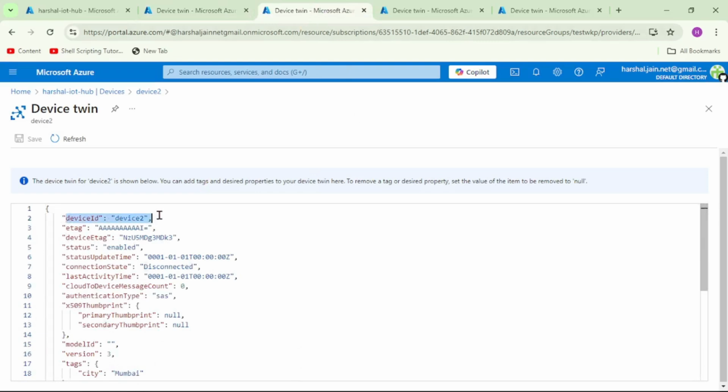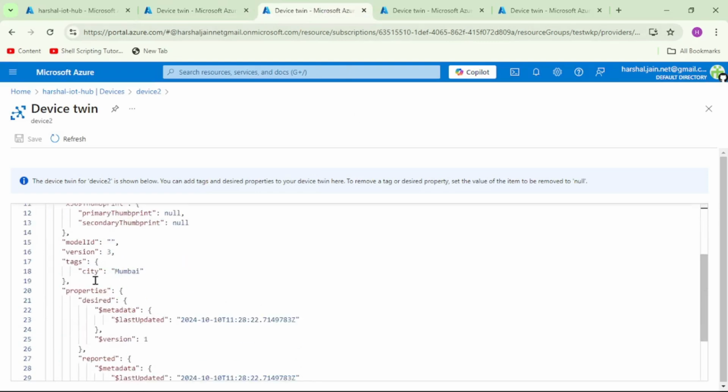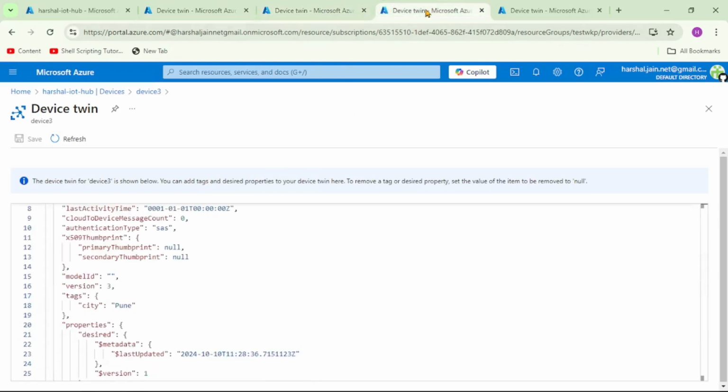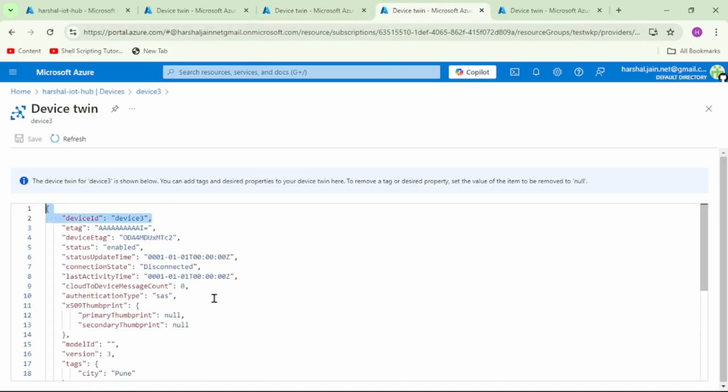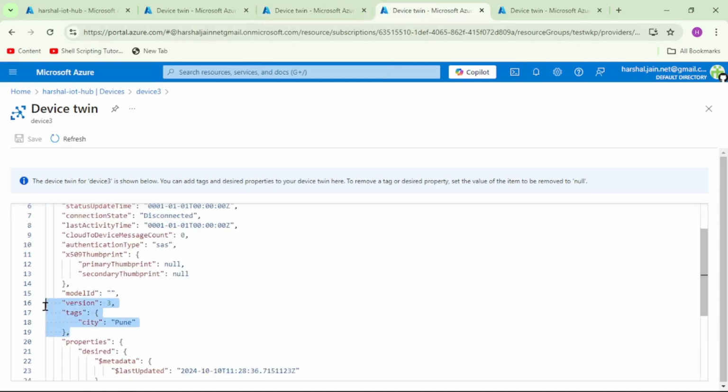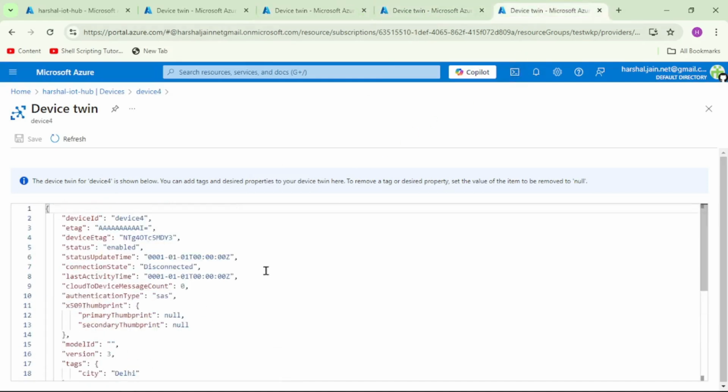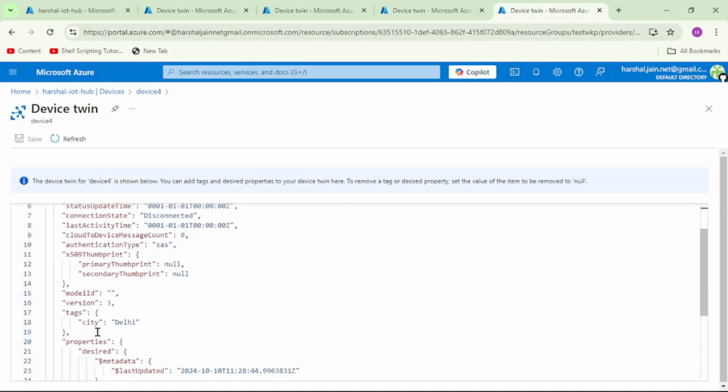Then this is our device 2, and again city is equal to Mumbai, but for device 3 city is Pune, and for device 4 you can see under tags city is equal to Delhi. That means we have only 2 devices for which tags city is equal to Mumbai.